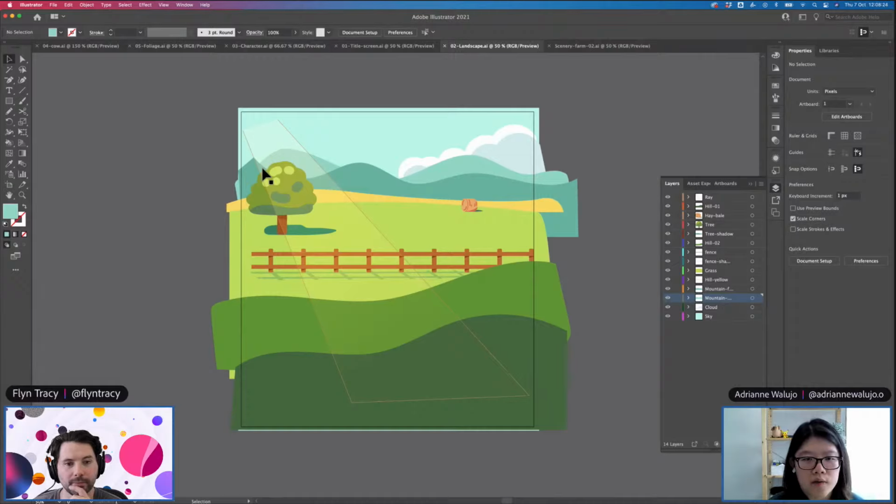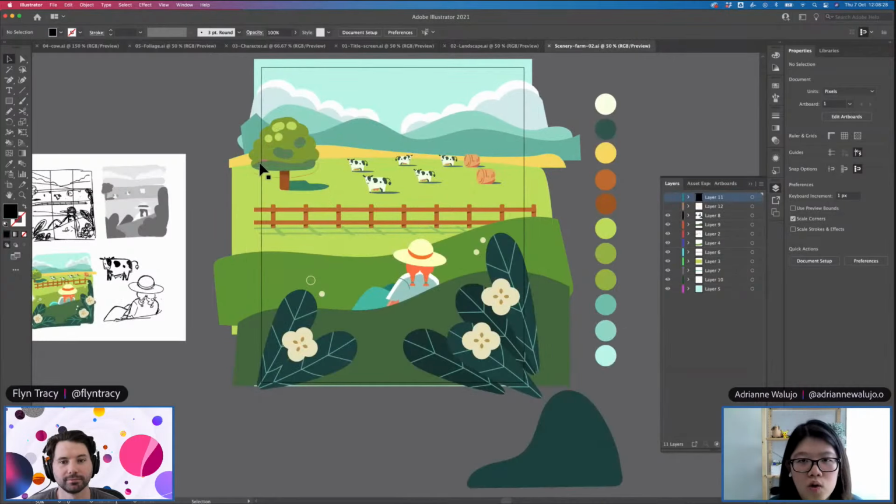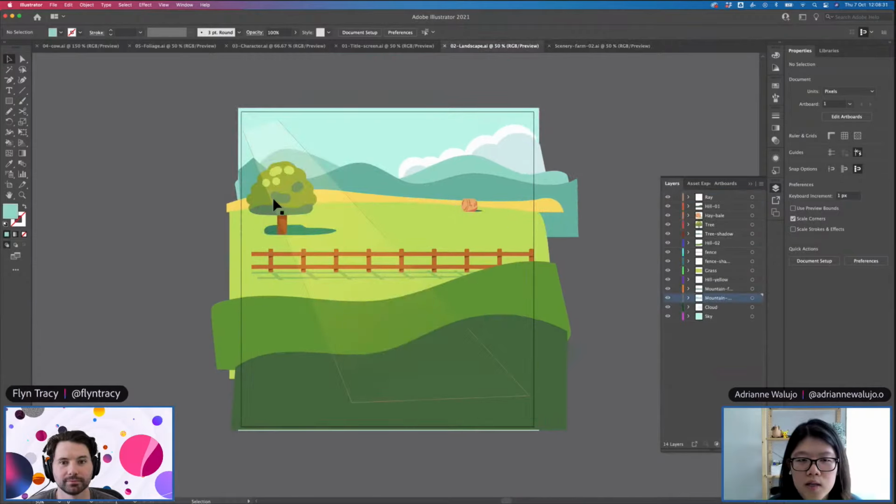Make sure that your element is complete. You can adjust it in After Effects, but for instance in the farm, even though you don't see the whole tree, you don't want to cut it off, because you can't move things around and it becomes inflexible. Also, name all your files and layer them. When you layer them differently, you'll be able to move them separately. If you merge everything, it becomes one group of elements in After Effects.